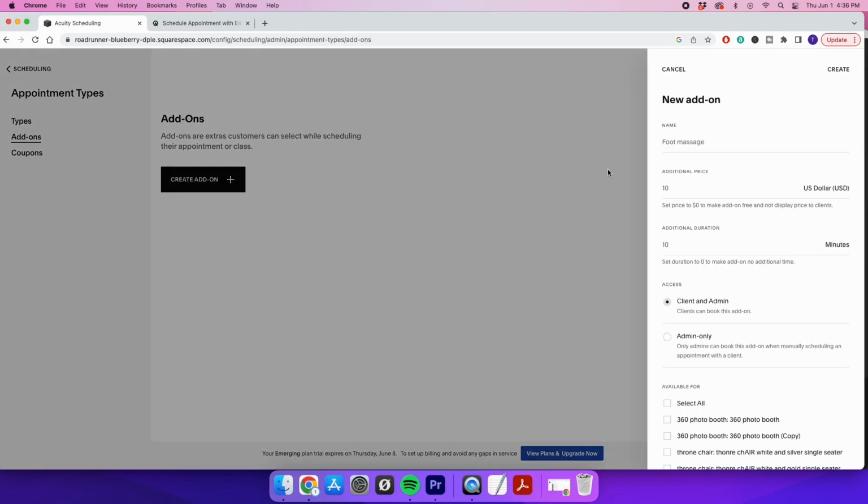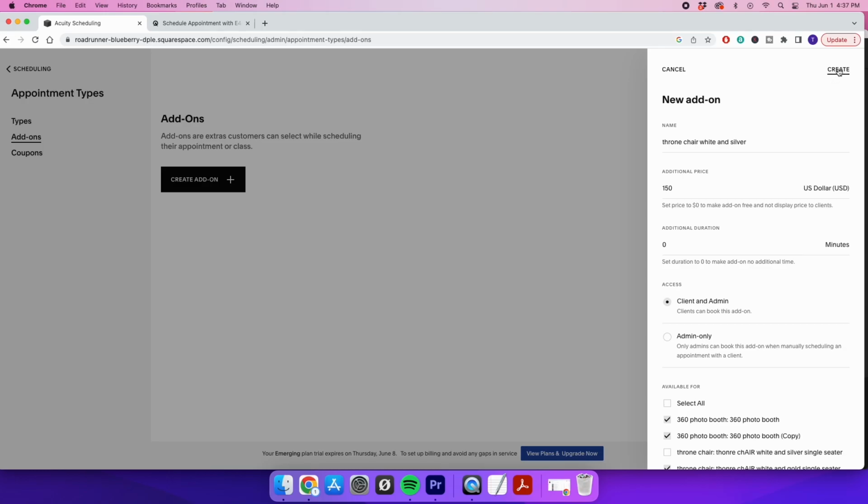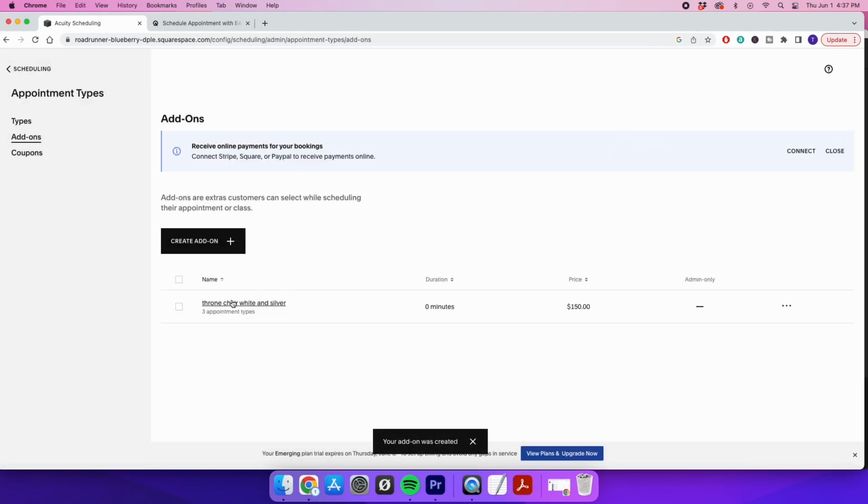So create appointment type. I'm just going to write throne chair, white and silver. Okay, and the additional price is, let's see, 150. The duration, I always put 0 for the duration just so it doesn't mess up anything. And then you can select all the things that can have this as an add-on. So white and silver is already the throne chair, so I'm not going to add it to that. But 360, and throne chair, I'm going to add it to those, create,